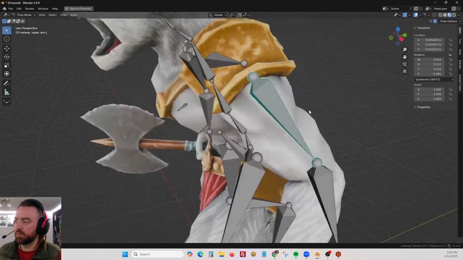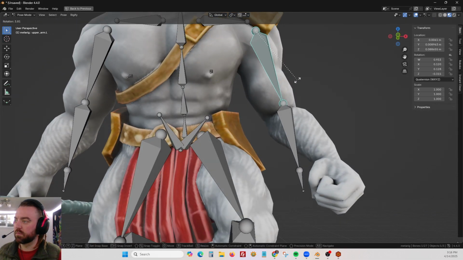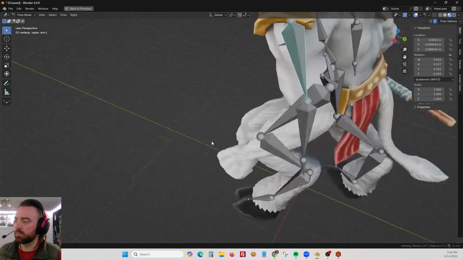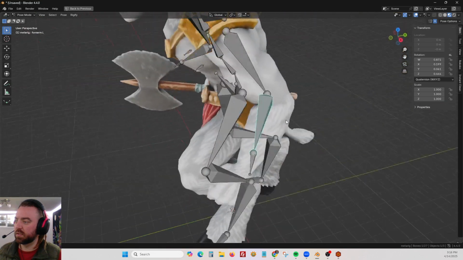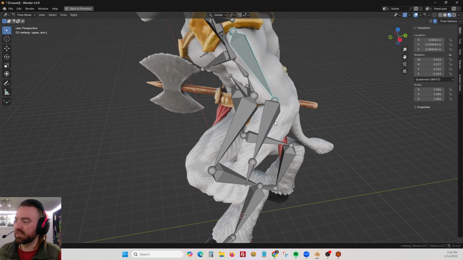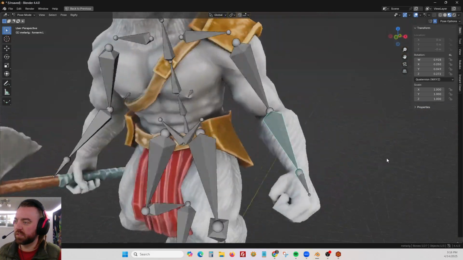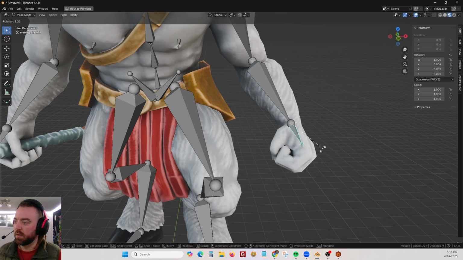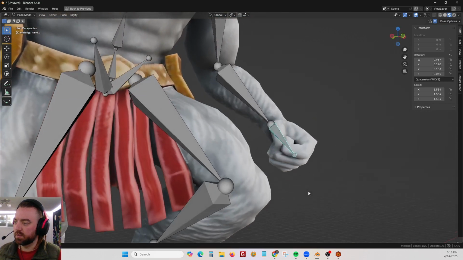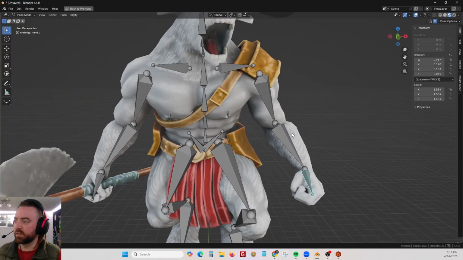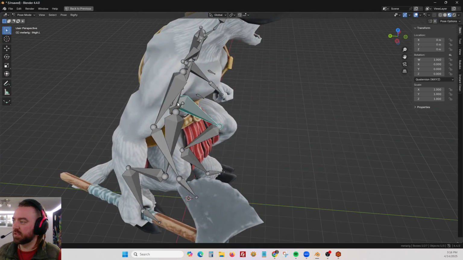This one can move, just grabbing. This one can go like this. Looks like I might need to size that up a little more to make this make sense. And then we've got the fist there, which is fine. I'm not going to mess with the fingers or anything on that side. Okay, now I'm going to get rid of that mirror. Check out this side,